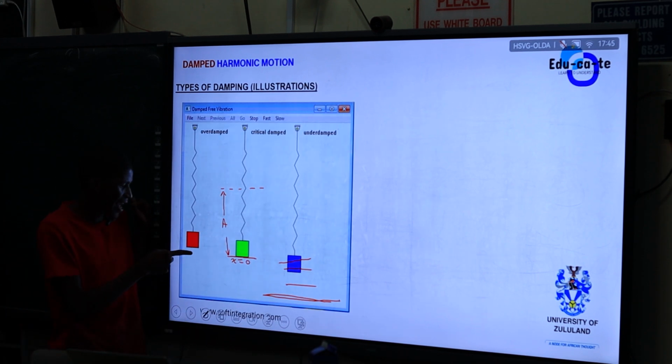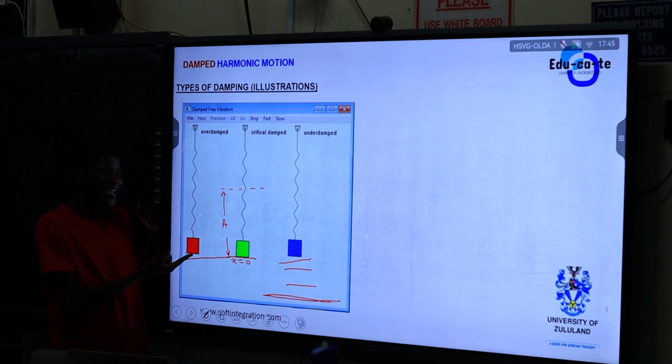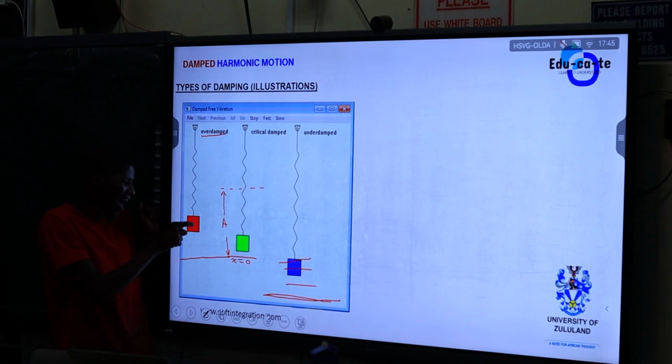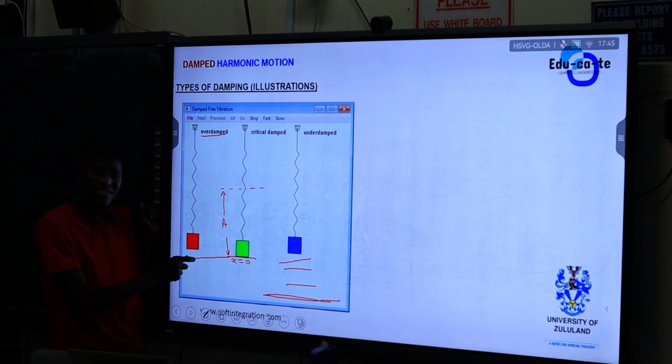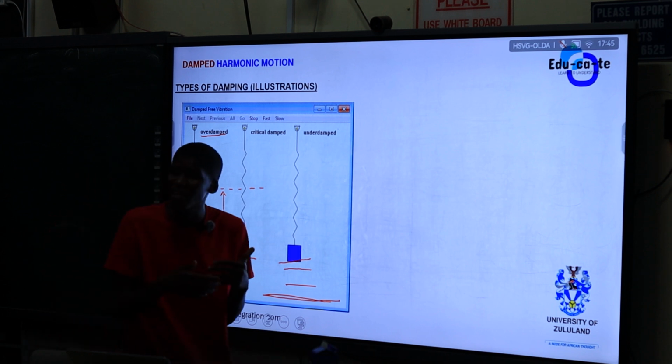Look, how much time does it take? This is our equilibrium for all of these. It takes time. Let's just observe a bit. Don't worry. It takes time to reach. This is the overdamped harmonic motion. It takes slow time to reach the what? The equilibrium position. But it stops at the equilibrium position. It takes time, so it means that it moves slowly.